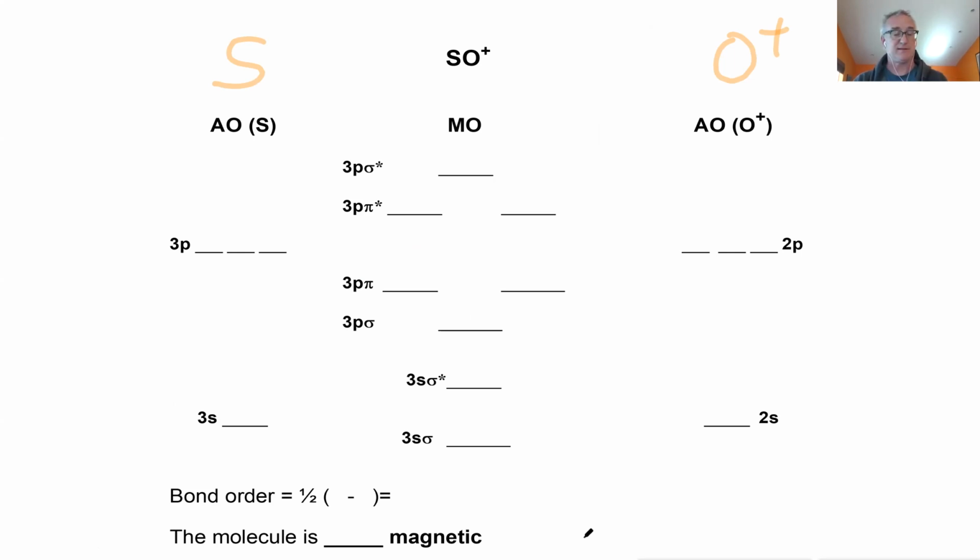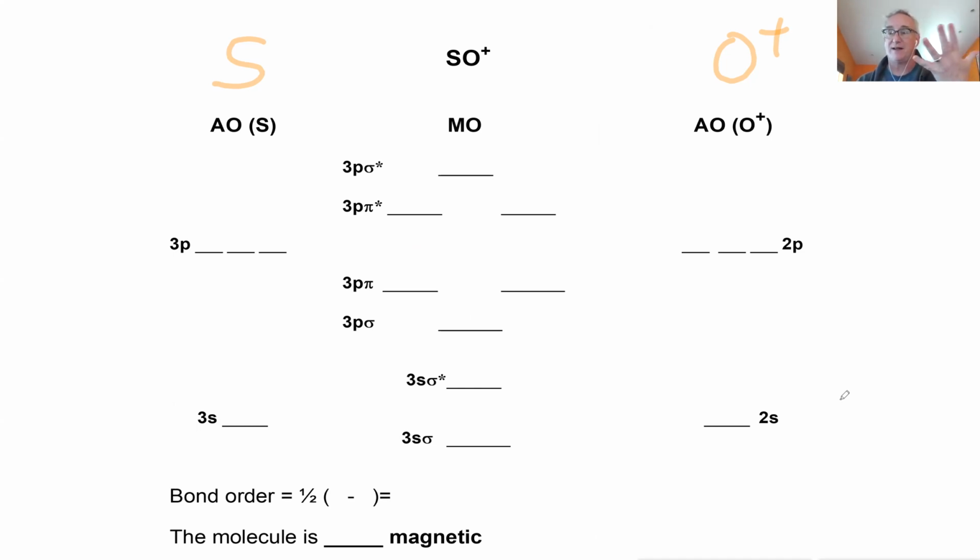Going back to the way we did it last time, what's the first thing we need to do? Use your periodic table to find out how many valence electrons. Yep, exactly. Sulfur and oxygen are in the same group. Which group is that? I had to walk away from my periodic table, but I think it's 6. It is 6. That's right.